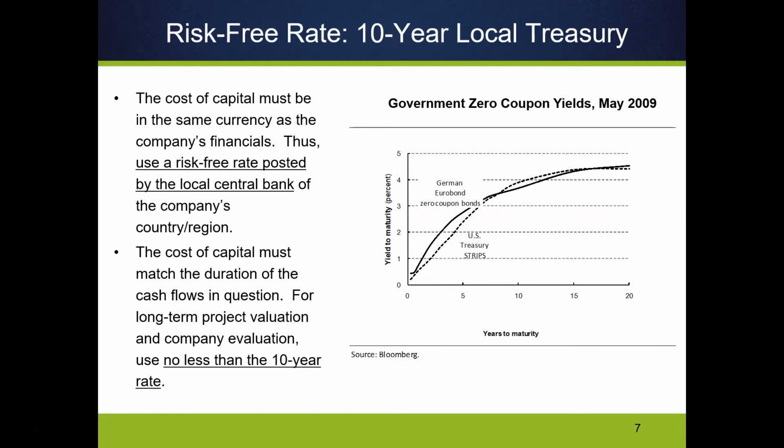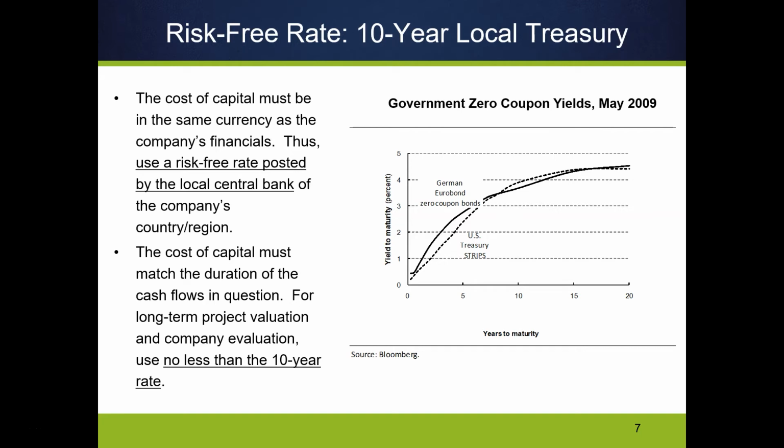Likewise, it's more important for us to use a longer duration bond, so we shouldn't be using anything less than 10 years, because we want that to match up with our projected cash flows, which are going to be 10 to 15 years out into the future. So I'm discounting those cash flows 10 to 15 years out in the future. I want to make sure that the discount rate I'm using also has a duration that is 10 to 15 years forward looking. Right?